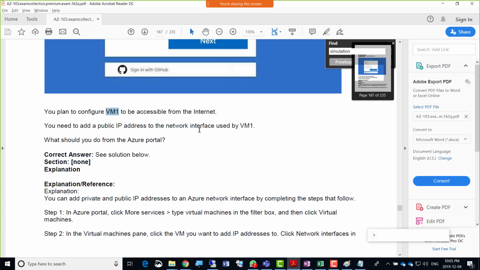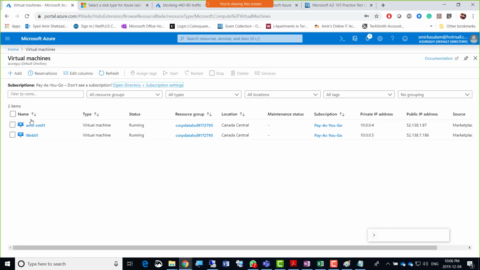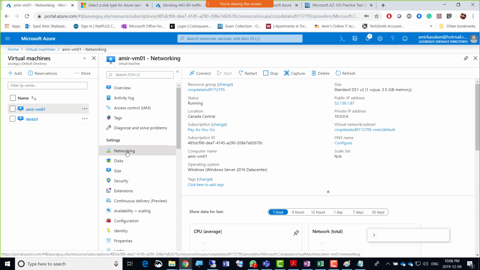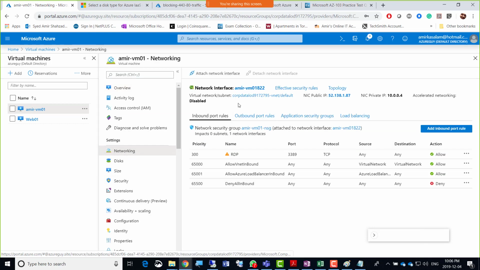And Ali, this was a question that you were actually maybe asking as well, how do you connect that? So anyway, I'm gonna go to that virtual machine, and I'm gonna go to the network card. So Ali, did you have to? Oh, you got this in the exam as well. Okay, so if we go to the virtual machine, go inside, go to networking here, there's a network interface and there's an attach network interface, right? So yeah, it's networking, and then we can go for attach network interface.